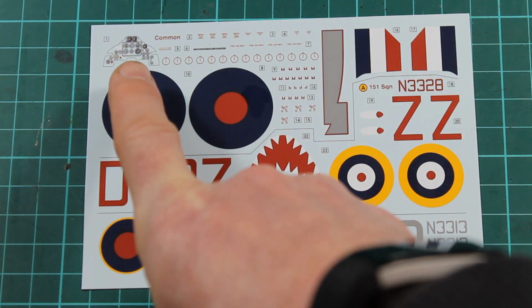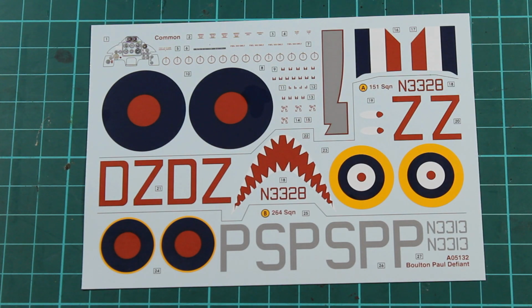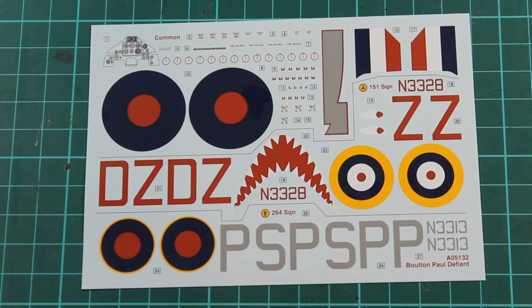The instrument panel is nicely done with it being clear, so you just paint it, stick that on, and it should give you the right effect. I do like this shark's mouth option here, I must admit. I think I'll probably give this one a go in the all black scheme and see if I can sort of pull it off. It's going to be a bit difficult, so it'll be a good one to test some